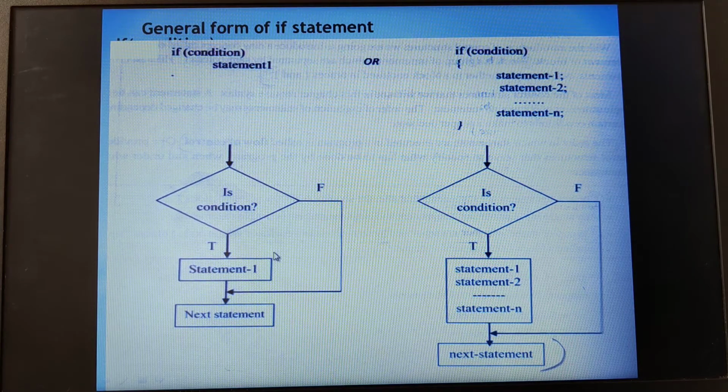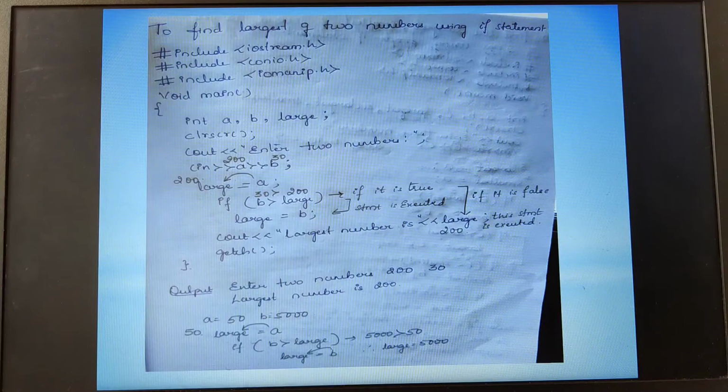Similarly, it will happen with the simple if statement. Then what is the working? Always this condition is evaluated against 0 or 1, and if the condition is true, as we know, statement 1 will be executed, else control goes to the next statement. Here always the condition or the expression must be put inside the parenthesis. Understood? Now let us continue with our programming example.